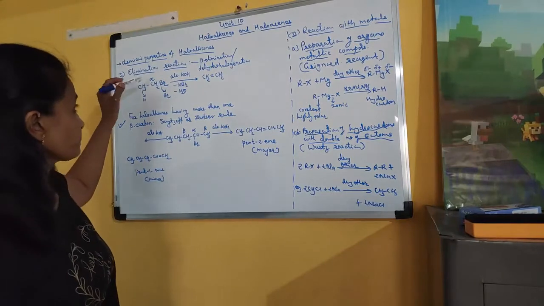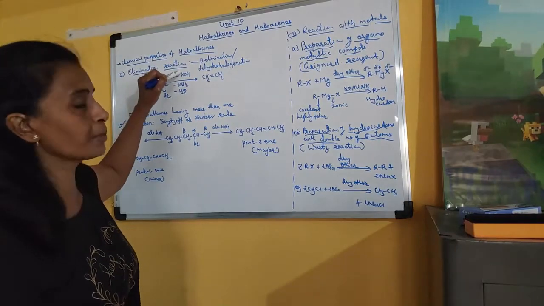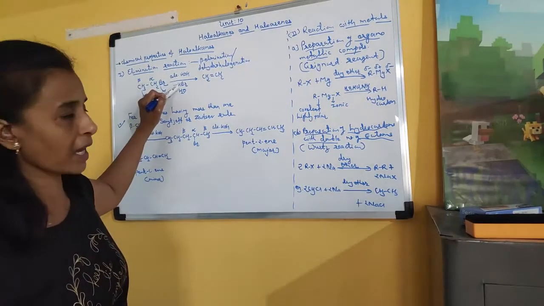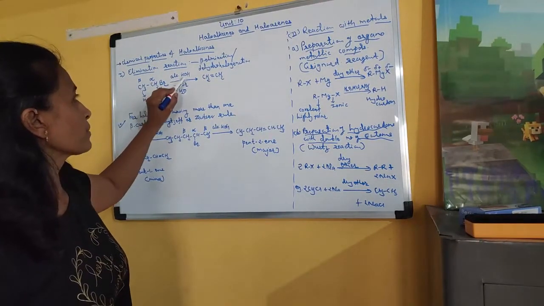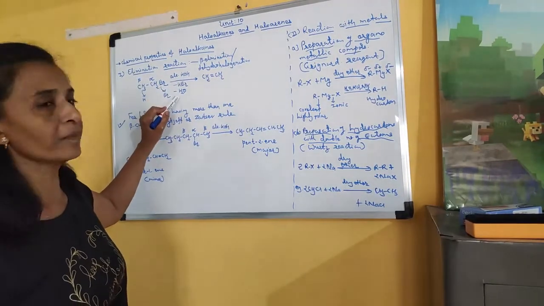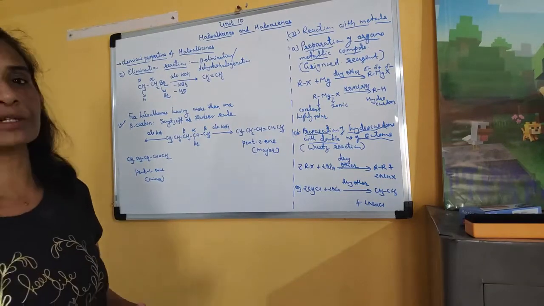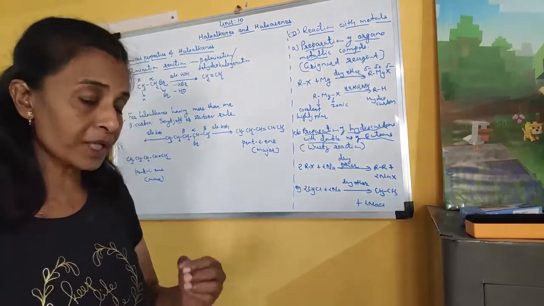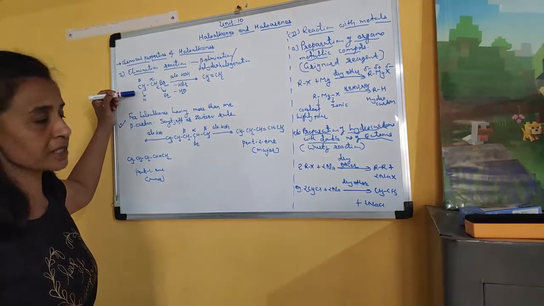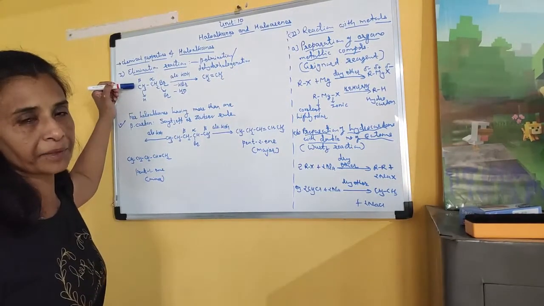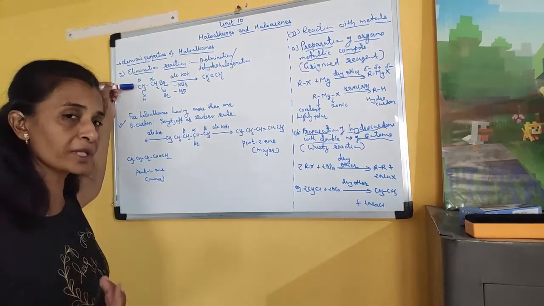Clear? Now, the halogen which gets eliminated from this will react with the potassium of KOH and form KBr, and the hydrogen eliminated from beta carbon will react with OH of KOH and form H2O. Is that clear? So this is all about elimination reaction of haloalkane. Now the question is, in this example which I have cited here, there is only one beta carbon, but there are haloalkanes in which there is more than one beta carbon.